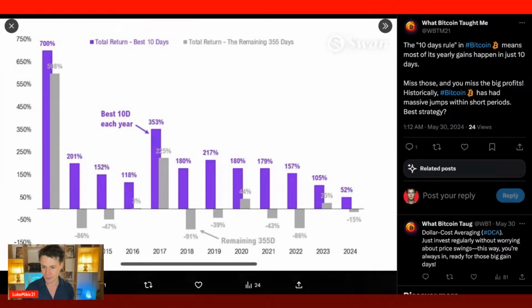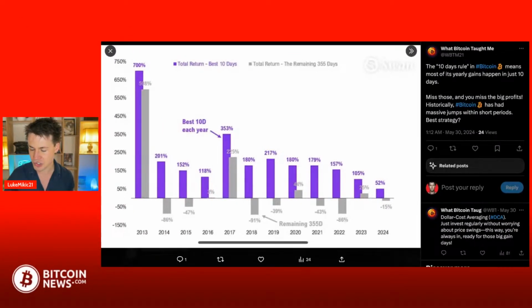This chart really is a brilliant one. I don't want to take you through every single year, but I do want to show you a few more interesting years here. So in 2014, Bitcoin's best 10 days, it appreciated by 201%. In the other 355 days, Bitcoin was negative 86%. So again, in a bear market, the 10-day rule of Bitcoin is even more important because in 2014,